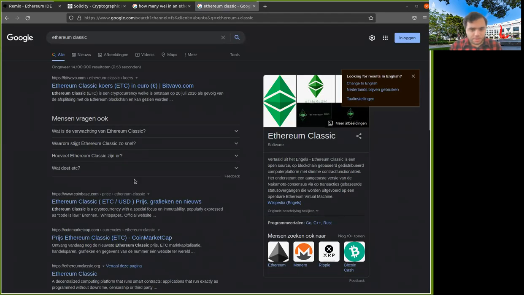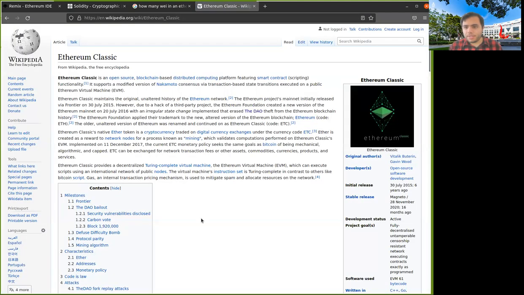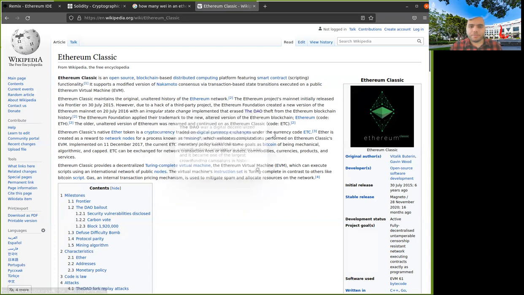And you can actually find that one. So this is Ethereum Classic, and generally the only difference that it had with Ethereum was that they didn't want to revert the DAO hack, but then over the years they have become even more different because some patches were applied to Ethereum and not to Ethereum Classic and vice versa. So now there are two completely different and separate cryptocurrencies.